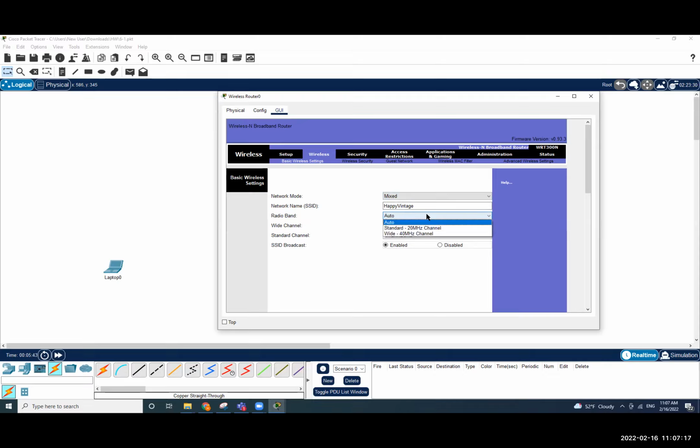Also the radio band here, it's up to you. You can set the radio band as standard or 20 here. And for the channel, you have auto for this one, the standard channel, and you choose whether you want to broadcast it or not, right? So if you click on the broadcast, that means